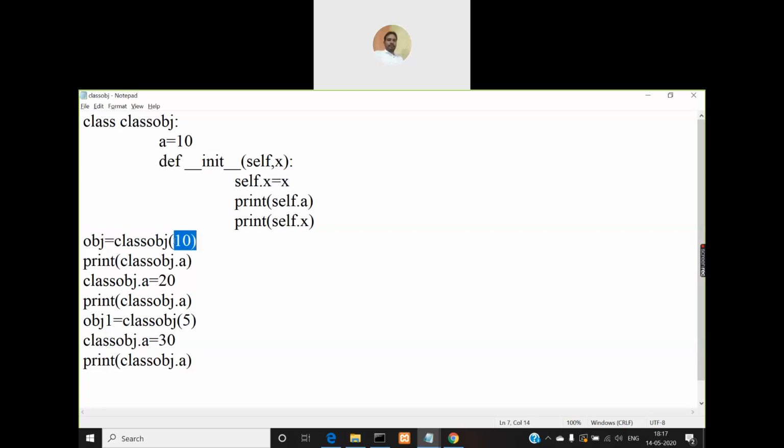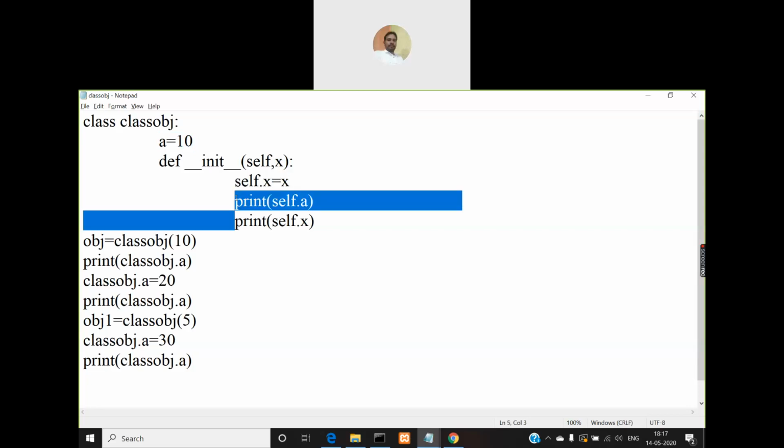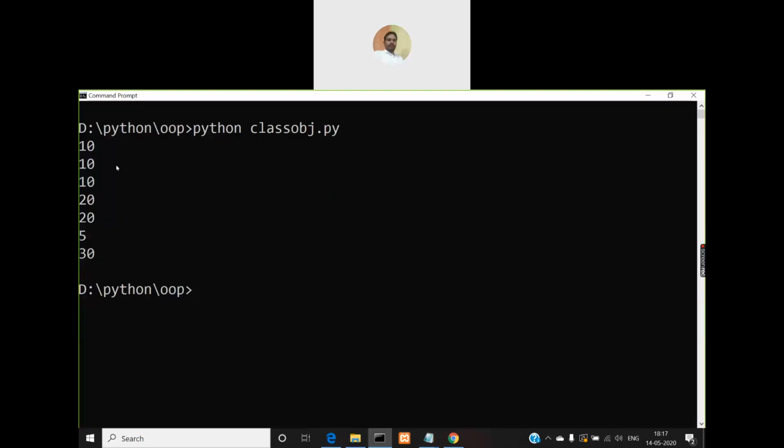Because I'm passing 10, this x will have 10, and that x value is assigned to self.x. So now both the class variable a and the object variable self.x have the same value 10. When you print these two values using the print statement, both of them will print 10 10. First two values are 10 and 10.